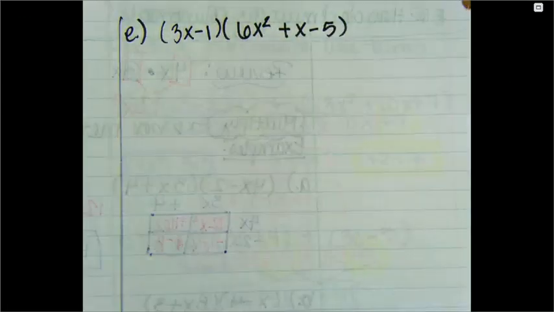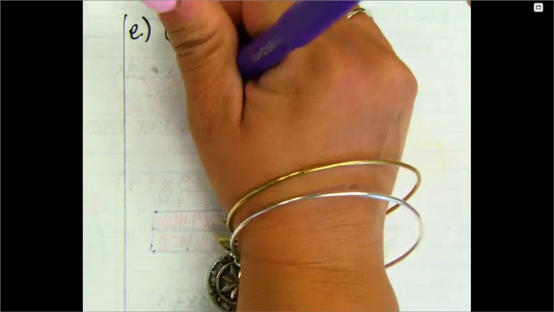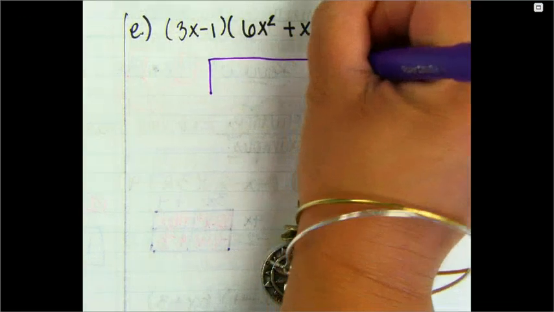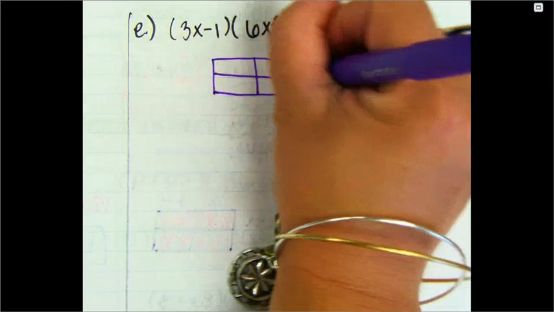3x minus 1 and 6x squared plus x minus 5. Oh my goodness, what happened here? 3x minus 1 times 6x squared plus x minus 5. What is happening? No. Nope, can't combine yet. Do you see anything insane? There's a multiplication. What is it happening to your box? How many are you still going down? 2. How many are going across? 3, because you now have a what? A bigger box, because you have a